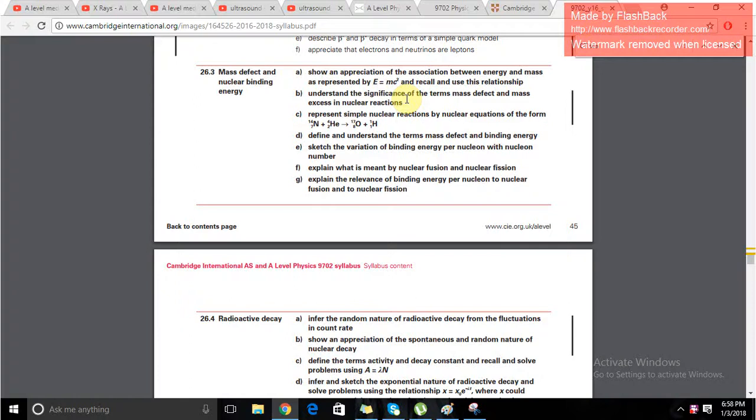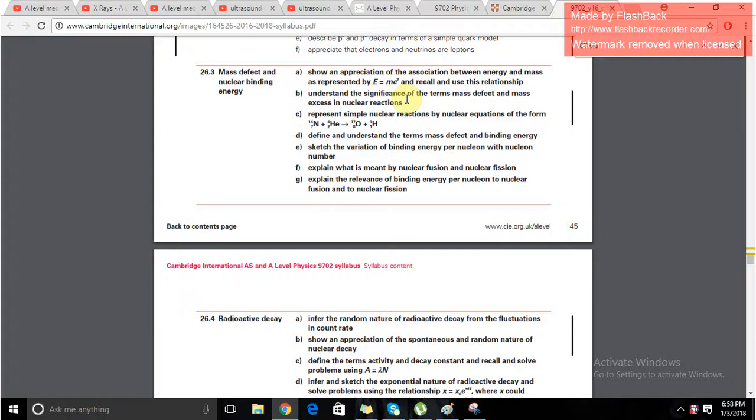26.3 mass defect and nuclear binding energy. Now for many of you, these two terms won't mean anything, and that's alright, because that's the purpose of this video. Nonetheless, I will give you a brief idea of them before going at them in detail in the rest of the video. So the mass defect